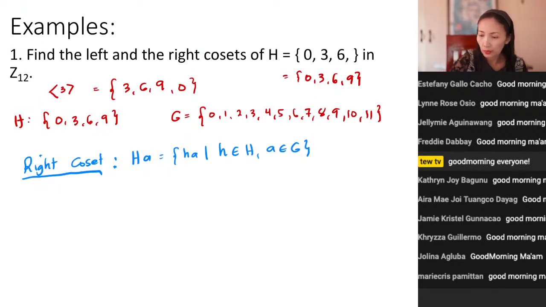So we pick out an element of G. Okay. So let's begin with H times 1. That would be,